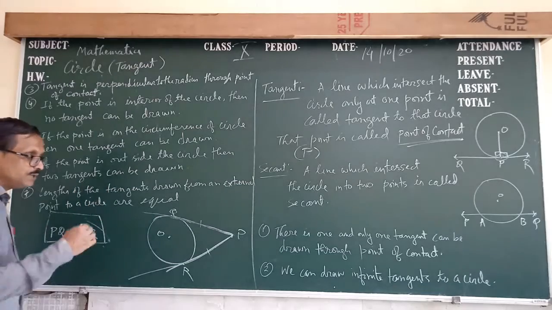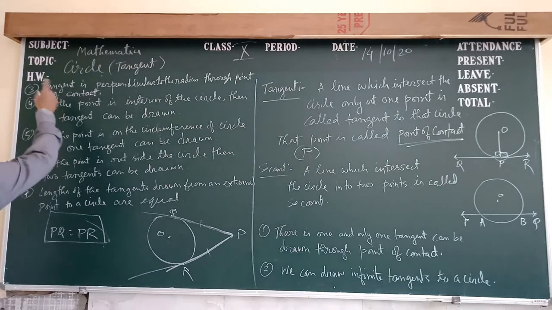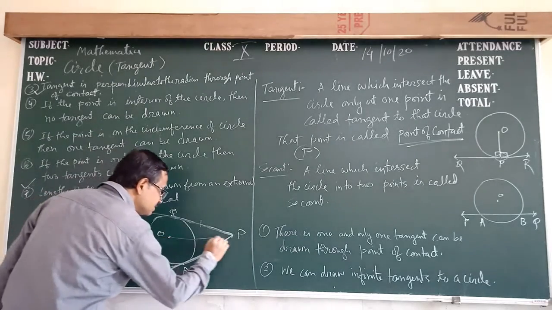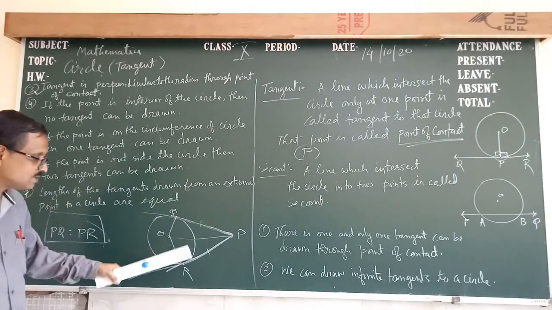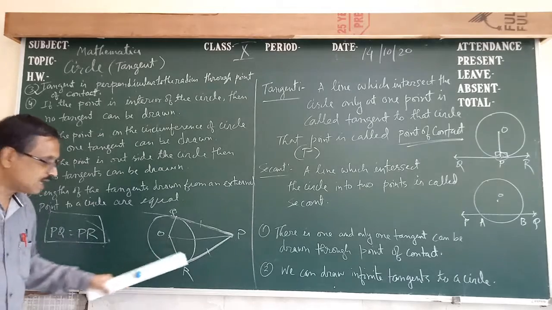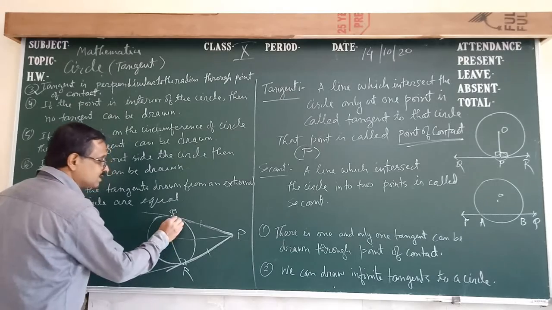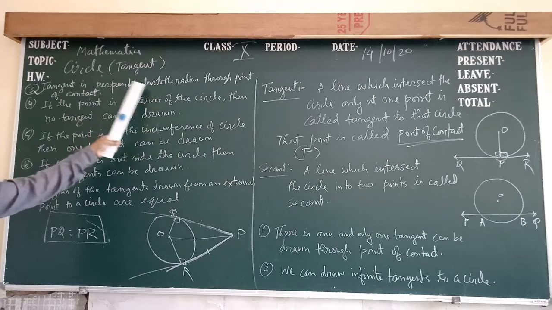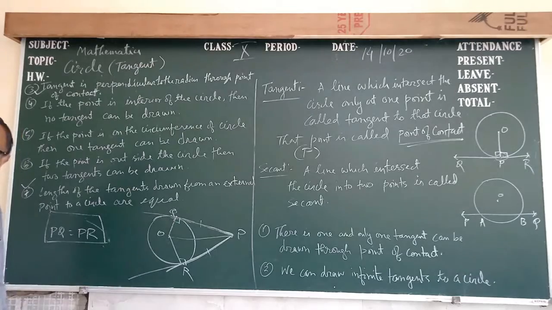Now look at how it works. We will discuss this because it is also a theorem, theorem number 3 and number 7. Later on we will solve that one, but again I am explaining why. If we join these points to the center, we get two triangles, PQO and PRO, and in both triangles you see this is 90 and this is 90, because the radius is perpendicular to the tangent through the point of contact, as we have discussed. So this is 90, 90.